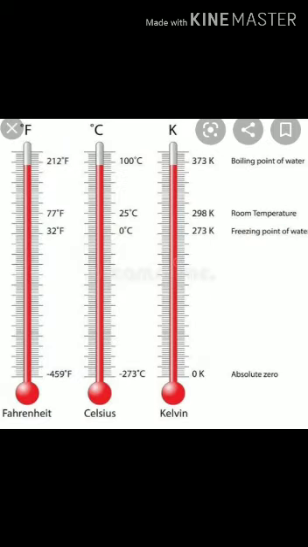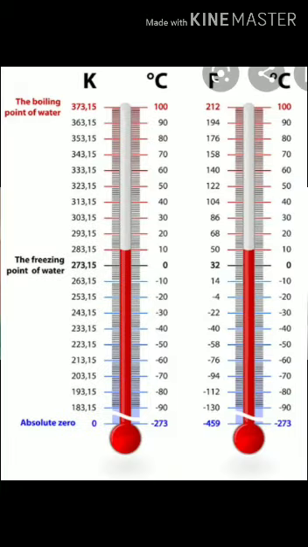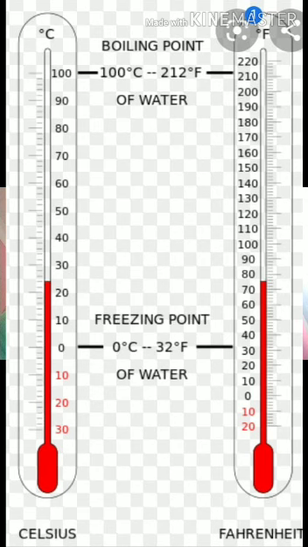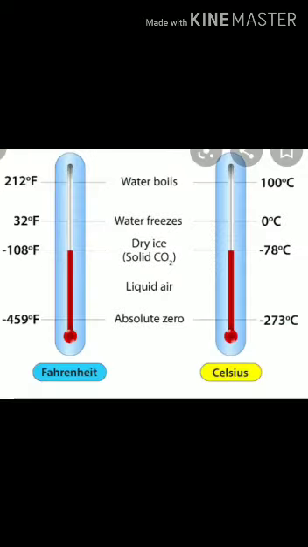It is made up of a long, thin, uniform glass tube, a capillary tube, and a bulb at one end containing liquid such as alcohol or mercury. Mercury is generally used as the thermometer fluid. A thermometer works on the principle that heat energy causes expansion in solids, liquids, and gases. We take the reading from the marking on the scale corresponding to the mercury level of the thermometer. We know the temperature of a body this way, marked in degree Celsius or degree Fahrenheit,